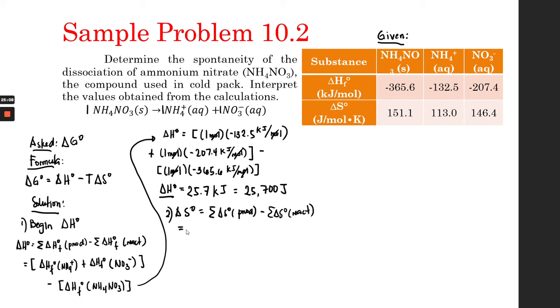And then if you rewrite the equation, you would end up having, again, 1 mole, but basically let's write it this way so you know what is happening. So you have delta S for NH4 plus delta S of NO3 minus the delta S of NH4NO3,